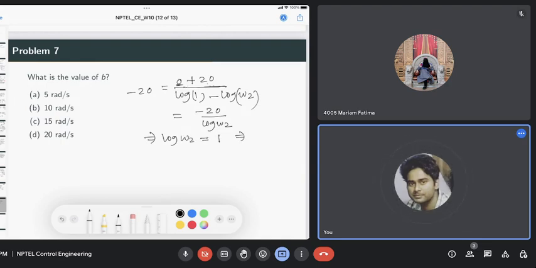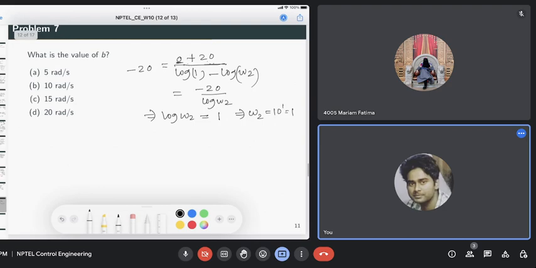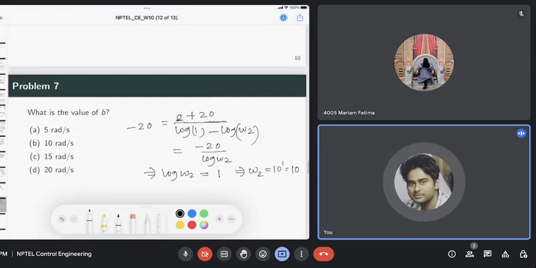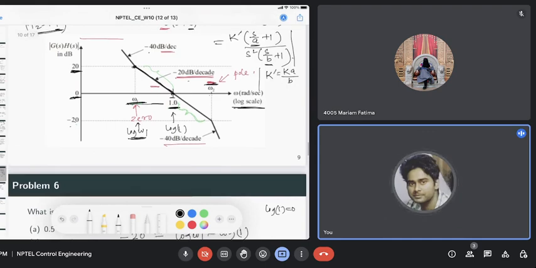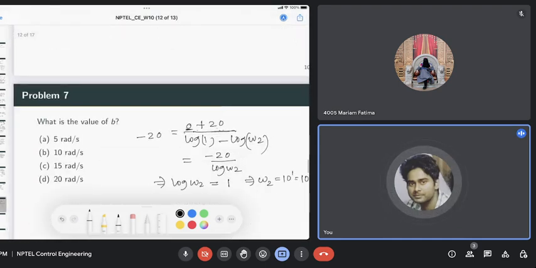That means omega 2 equal to 10 to the power 1, which is 10. So we find this omega 2 is 10 radian per second,